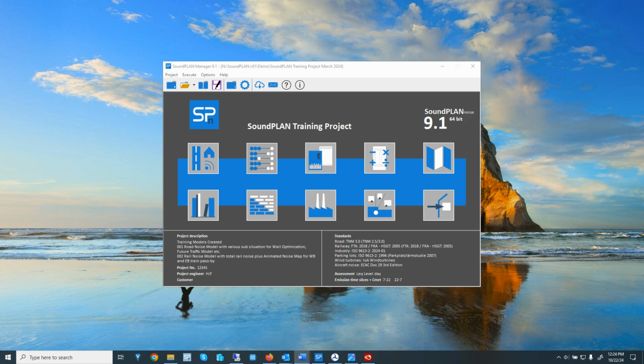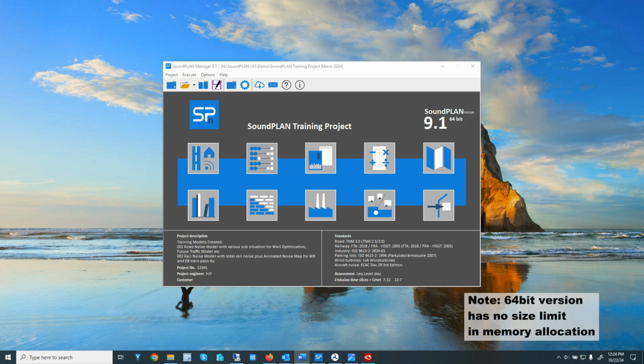That has changed, and from now on, SoundPLANnoise will only be available as a 64-bit software version. With a 64-bit version, there is no 3 GB data limit to allocate memory during the computation runs, and there is a slight improvement in the processing speed, maybe around 15 to 20%, depending on the prediction model.